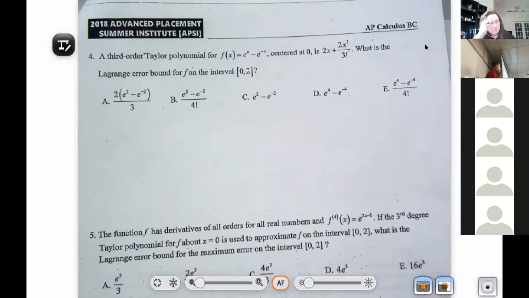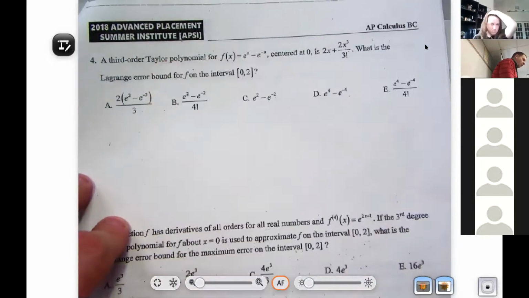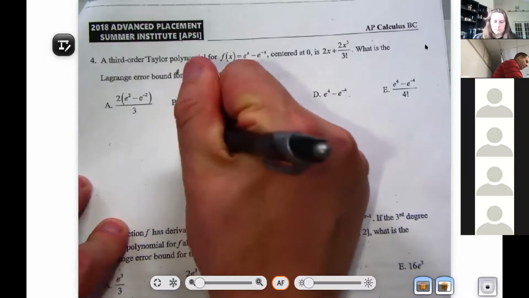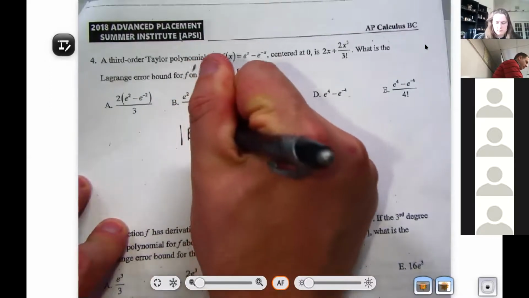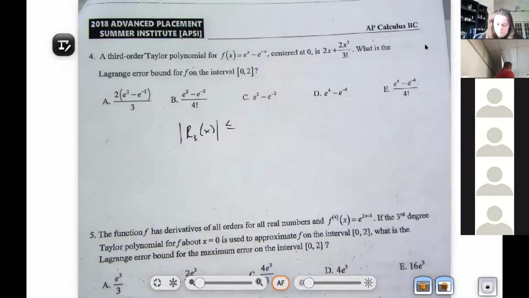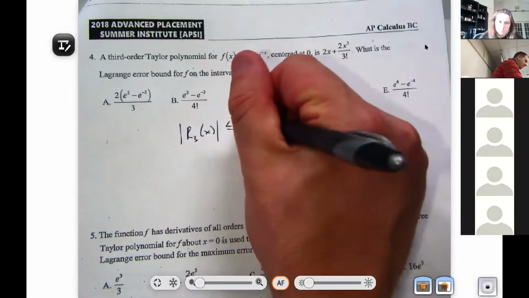So there's a lot going on, but we need to just kind of simplify the process. First thing, we learned a new formula, so I'm going to write that formula. We're dealing with a third order Taylor polynomial, so the way we notate that is R sub 3 of x. That's the remainder for the third degree Taylor polynomial. That has to be less than or equal to the maximum